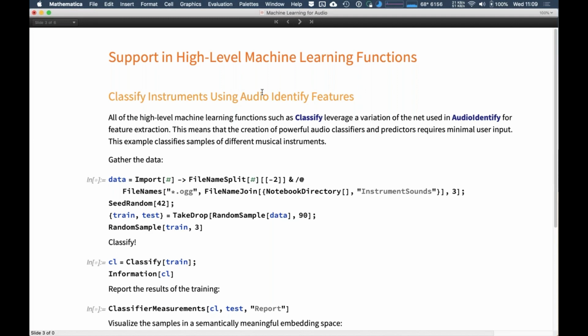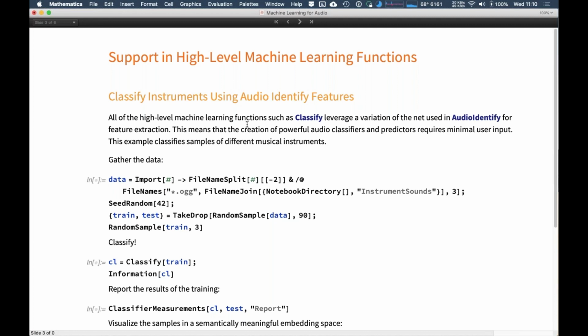Another very important aspect introduced in version 12 is support of audio objects in all of the high-level machine learning functions. And by high-level machine learning functions, I mean things like Classify and Predict and FeatureSpacePlot. So all of these functions leverage a variation of the network that is used in AudioIdentify to extract semantically meaningful features between audio objects.